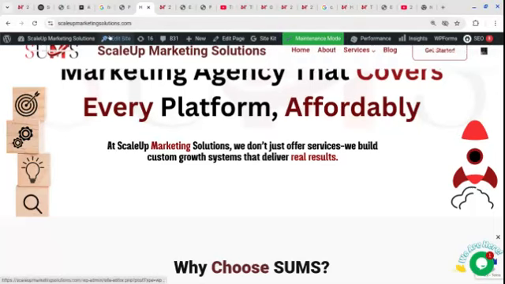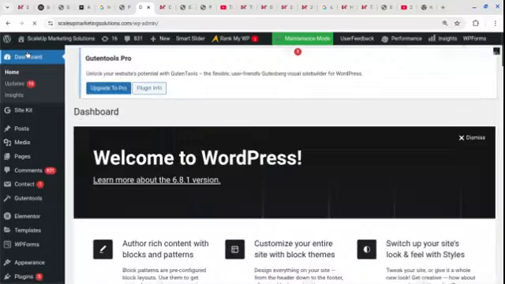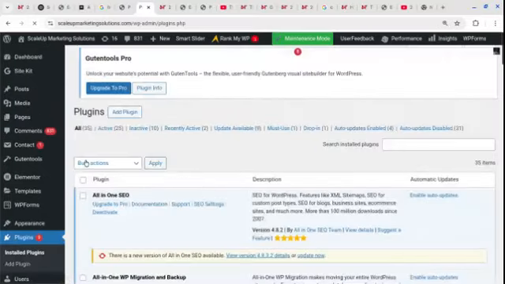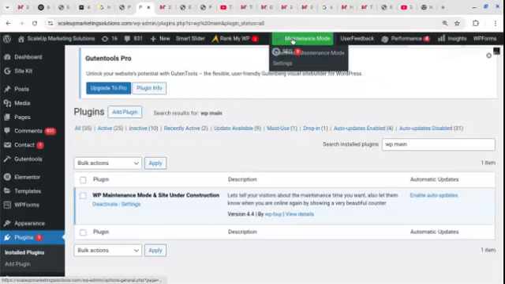In order to do this, firstly you need to go to the dashboard. Okay, you can just see it here. Then you can go to plugins, you can see it here, click on add plugin. From there, just write here WP maintenance. Okay, I have already installed it. You can see this right here. Okay, WP maintenance mode. You need to activate this. Right now it's already activated for my website. You can see this. It will come like this, it would be green.